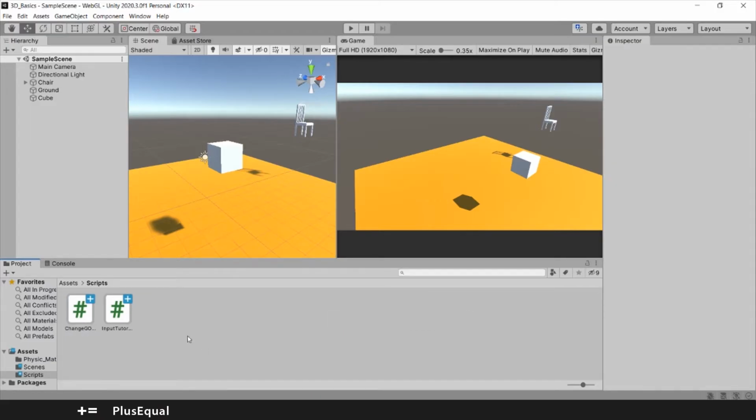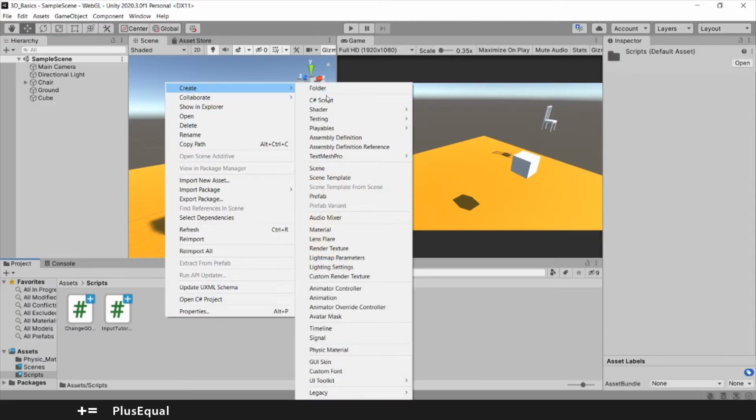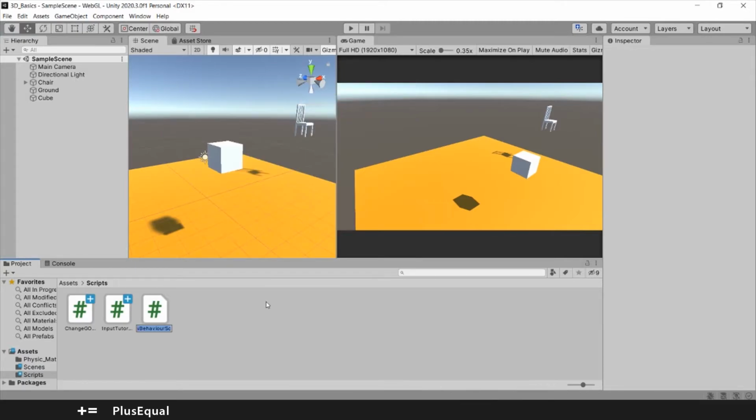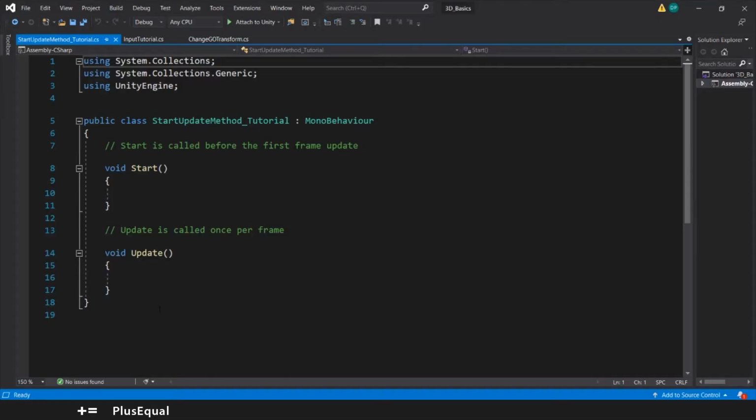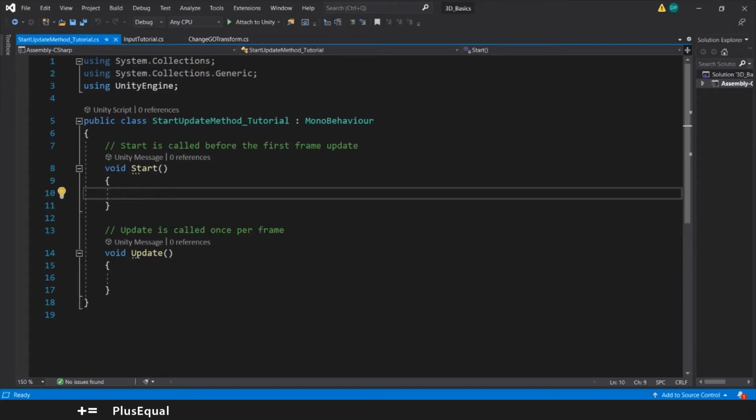Now, to not mess up with that, we'll create another script only for this tutorial, and let's call it start update method tutorial. Let's open this, and now we will check the difference between using start and update. We can do the same thing that we did in the hello world. We'll do a Debug.Log,